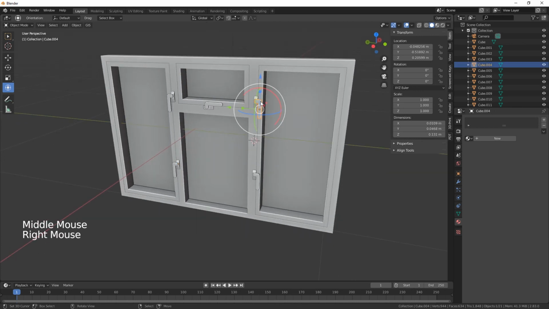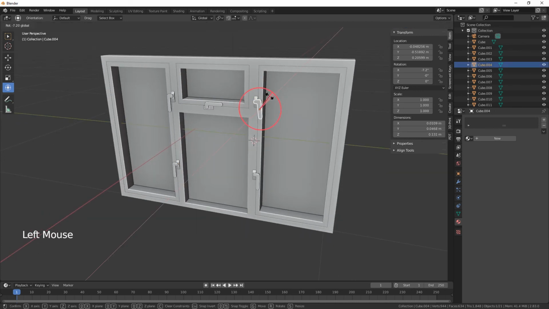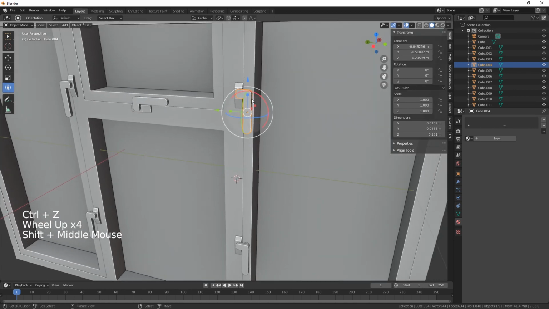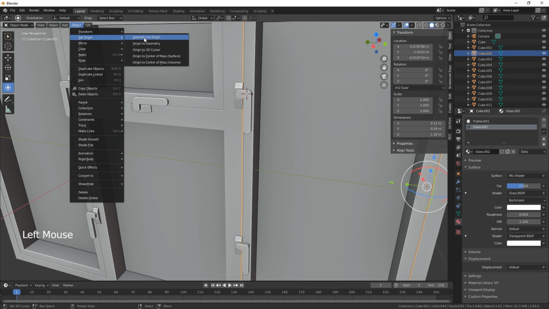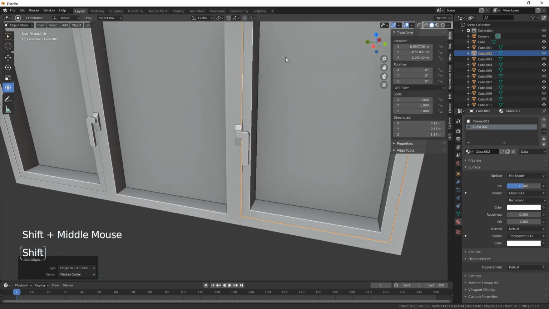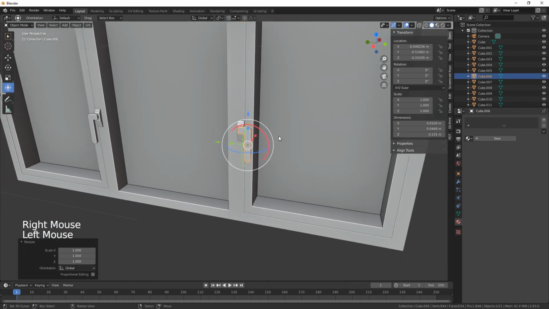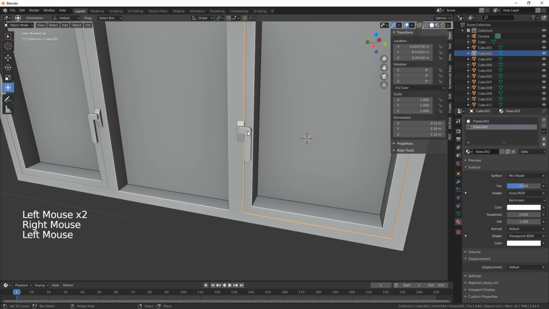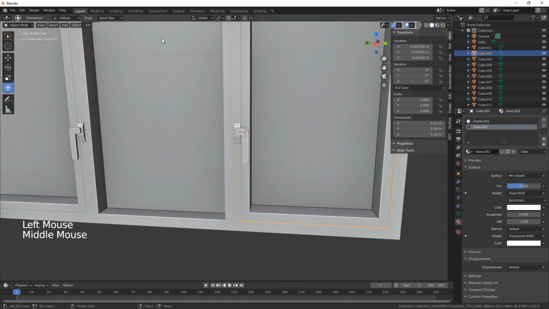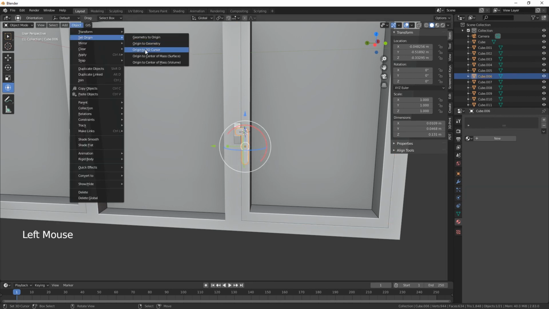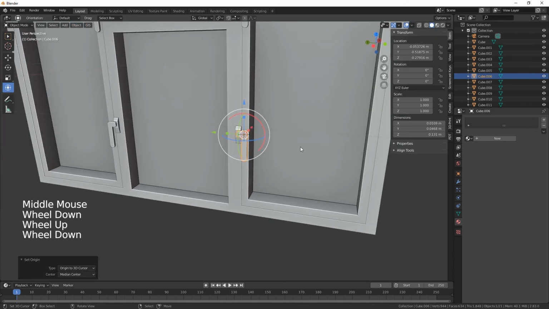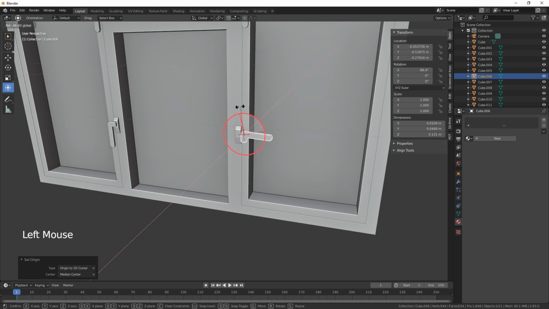And then if you want to open the windows, you will need to put the 3D cursor there, object, set origin, origin to 3D cursor, and then you need to do the same on this one. So just come out of there, set the 3D cursor in the center there, select the lock, object, set origin, so origin to 3D cursor, and then hopefully when we swing that up, yay,